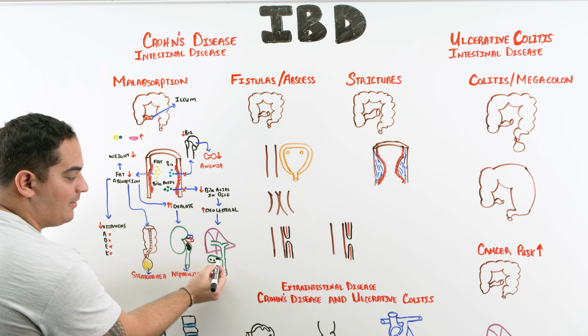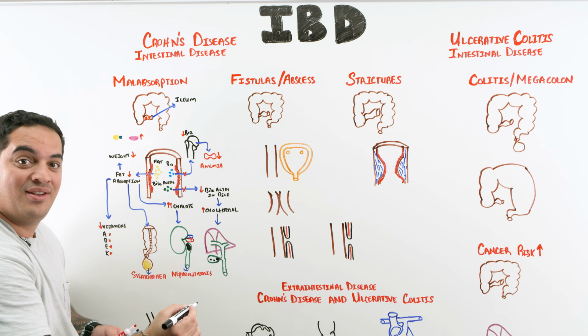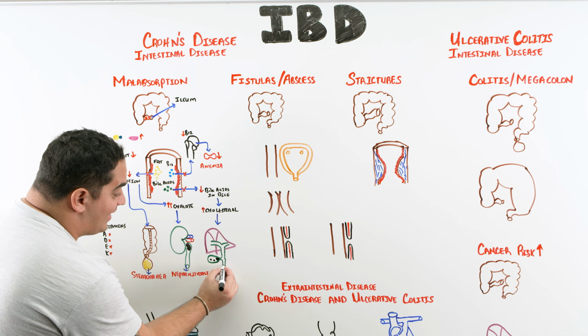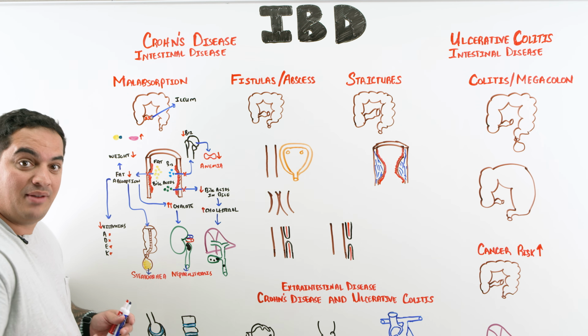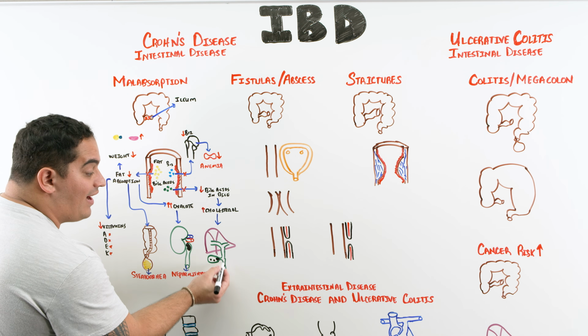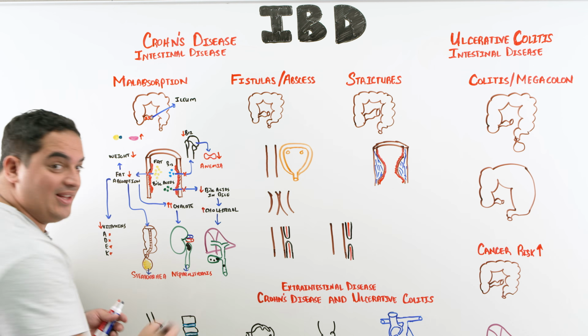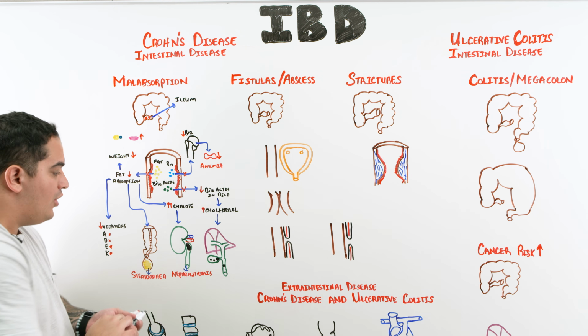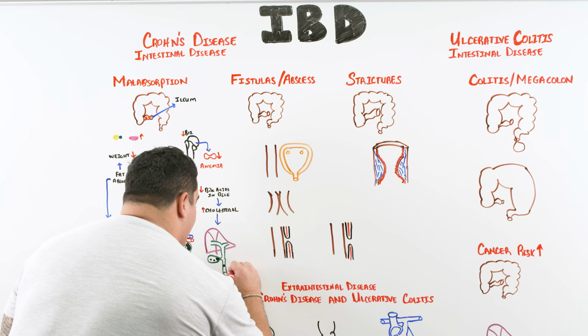And what's the problem with this? It could get stuck in the cystic duct and cause cholecystitis. It could get stuck in the common bile duct and cause a different kind of problem there, choledocholithiasis. And the most concerning one is an infection that arises proximal to that stone, like ascending cholangitis. So you can see a lot of complications associated with